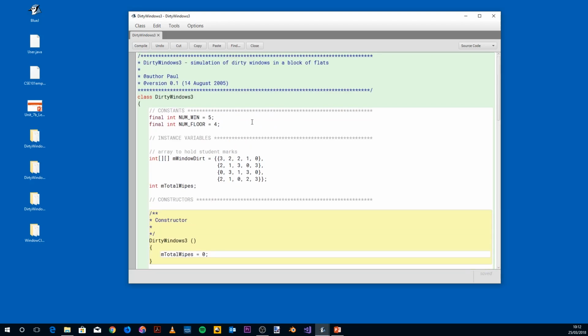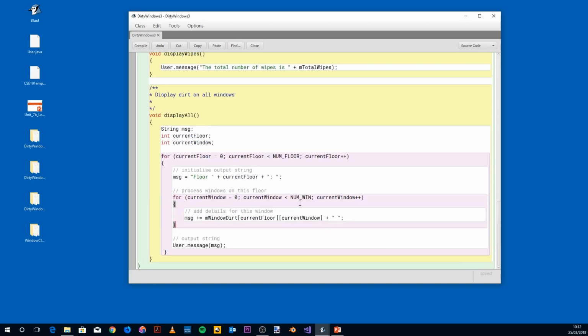Now if you look at that, num windows is 5, so that's perfectly fine, going round as long as current window is 0, 1, 2, 3 or 4, and then current window again gets incremented by 1. Now, not even taking into account the value of MSG, which is basically just putting the message together for the output,